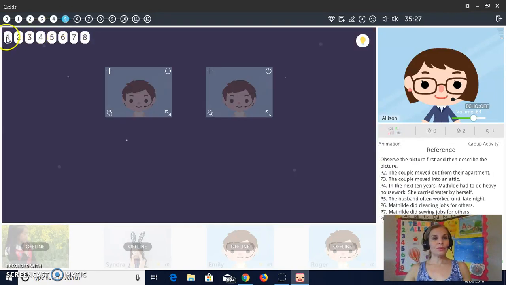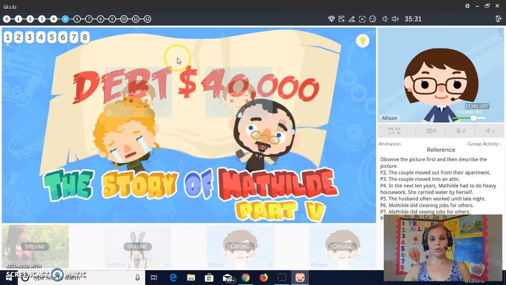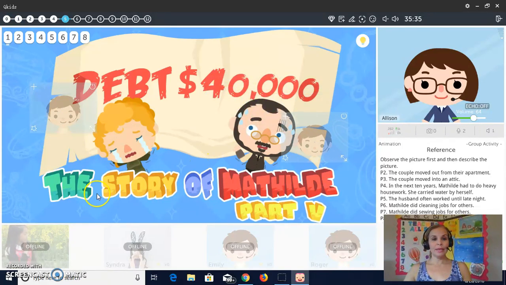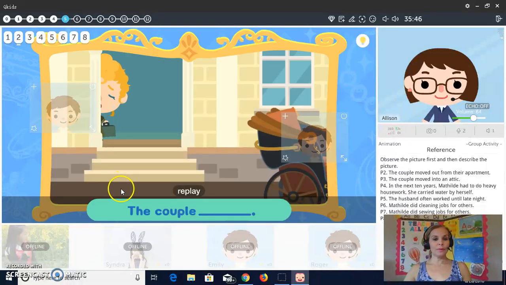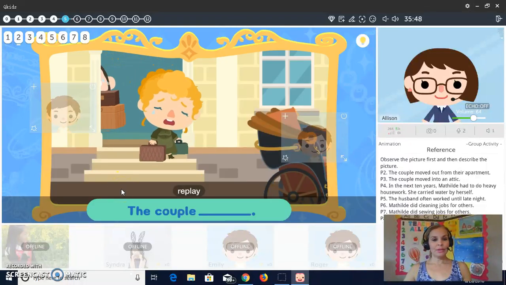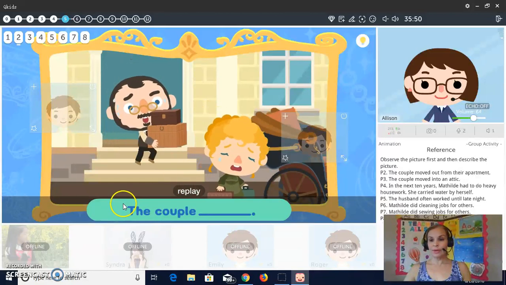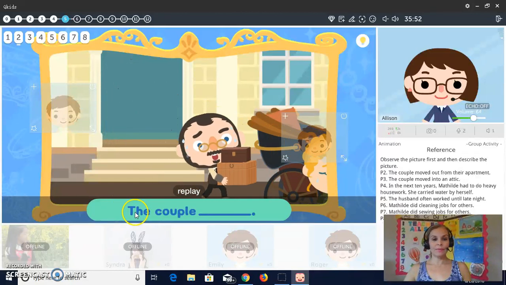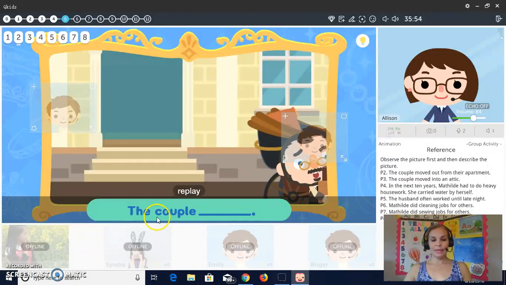So then this one, you're going to see a lot of this in the upper levels. This is basically a story. And I let them take turns reading the story. So it says debt $40,000, the story of Matilda part 5. So obviously they have already read parts 1 through 4. And then you just go in order here. And I'll just ask one of the kids, I'll say, okay, what would this be? The couple,